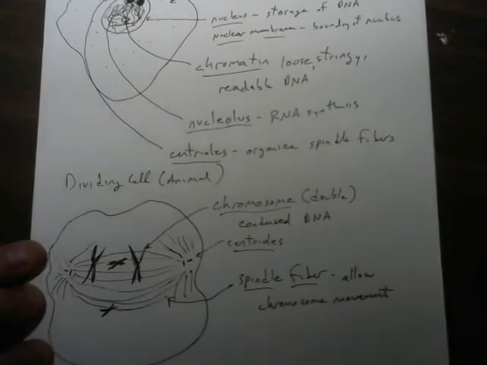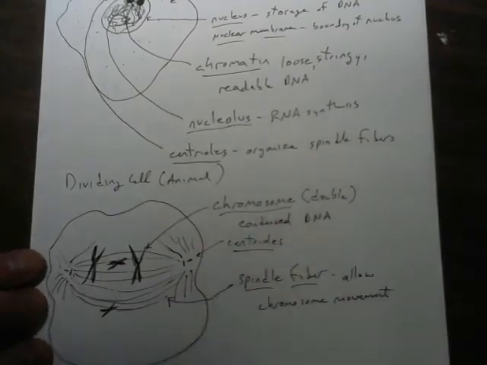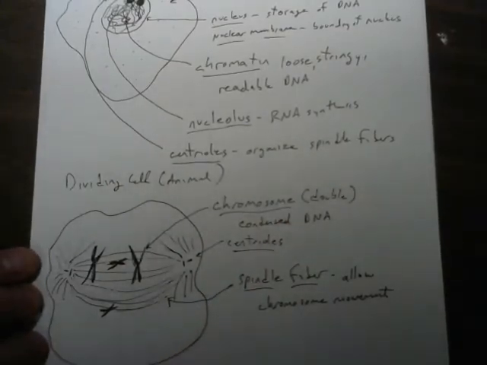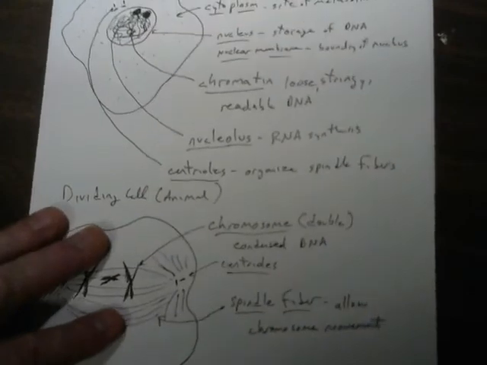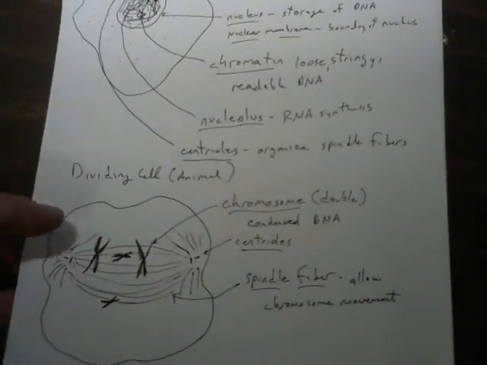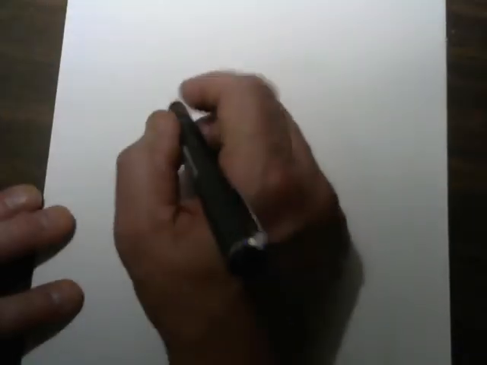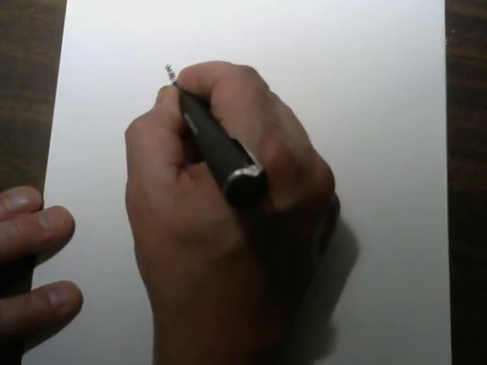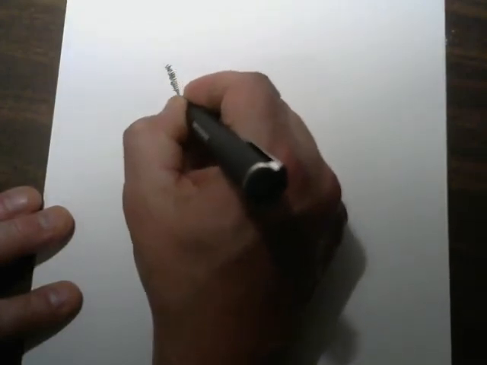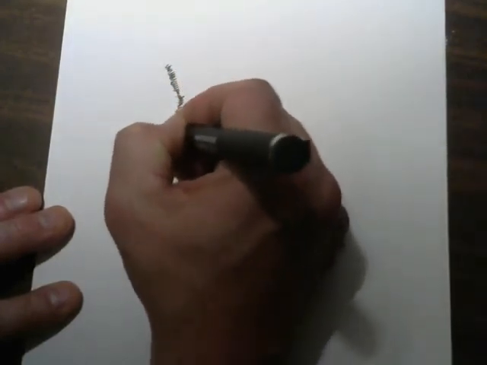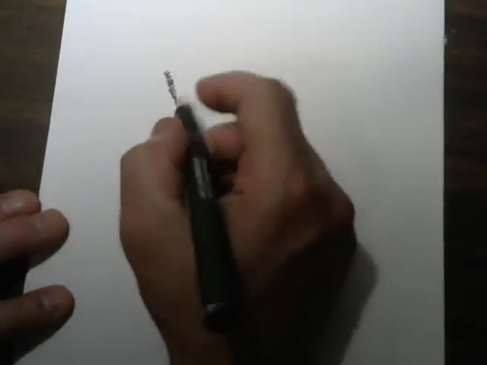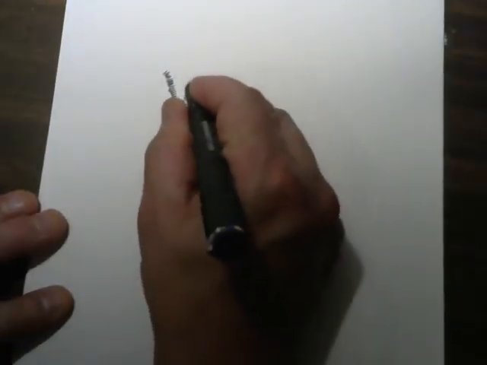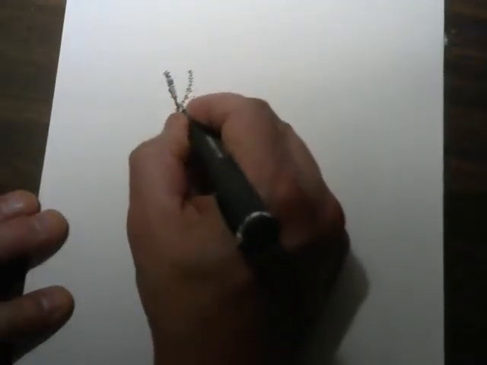Right, no nuclear membrane, no nucleus, right? The centrioles have separated and the spindle fibers have organized. Another structure that I should take a quick moment here to look at a little bit closer is that of the double chromosome. All right, the double chromosome is really, and I'm doing it with a zigzag here on purpose, the way I'm drawing it here. All right, because really what each leg of the doubled chromosome is, the chromatid,